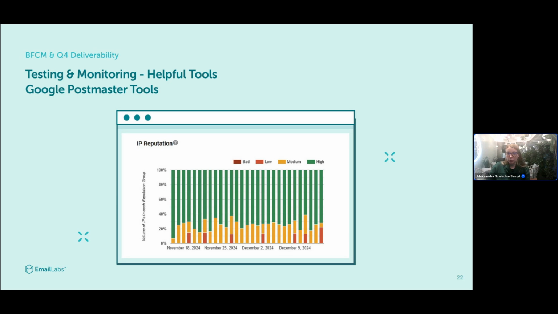Google Postmaster does not show you the specific email address that marked your email as spam, but it will show you the percentage of emails from a certain day that did it. And in the newer Google Postmaster interface, they also show you if you pass 0.1%, which is an okay level for them, or if you passed the 0.3% level of spam complaints, which will deem you suspicious, and they will look into your sendings, and maybe they will also decrease the IP or domain reputation.